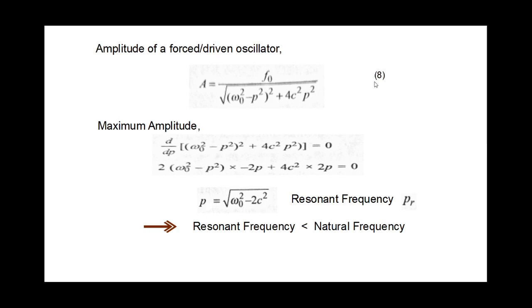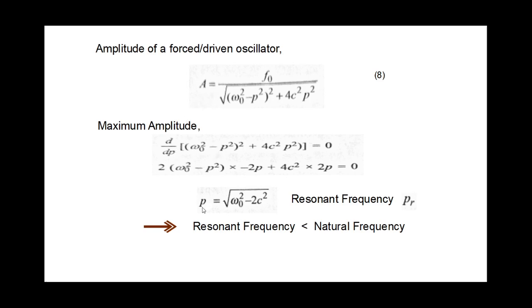We are continuing the equation numbers from last day. Here we can see that this amplitude becomes maximum when this denominator is a minimum. To obtain the condition for the minimum of this denominator, we differentiate it, equating that to 0. We get this expression, and simplifying it, we get